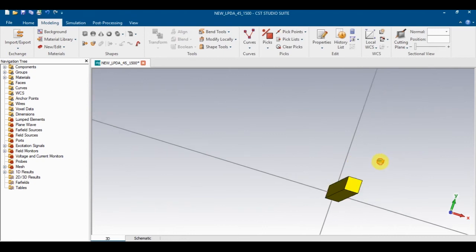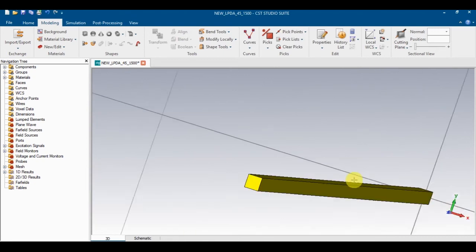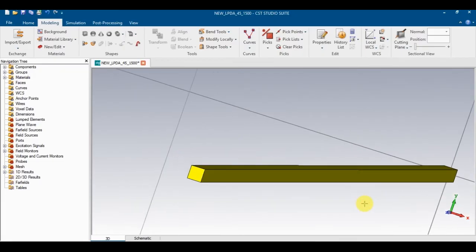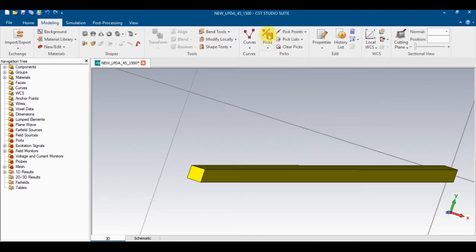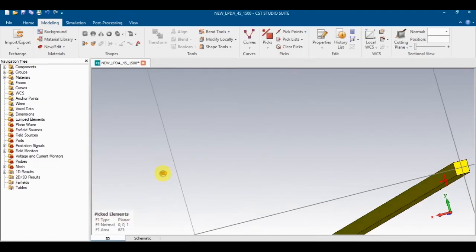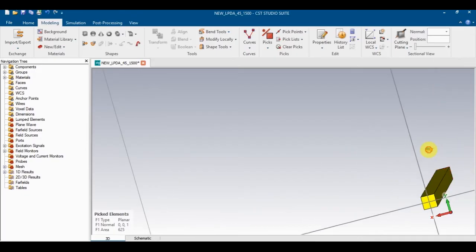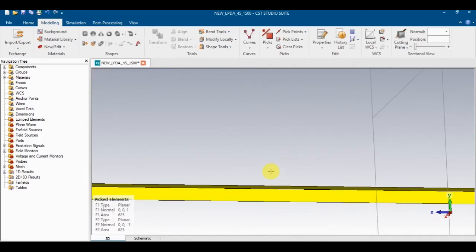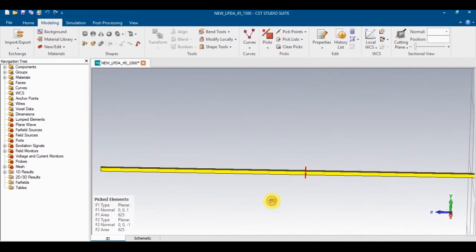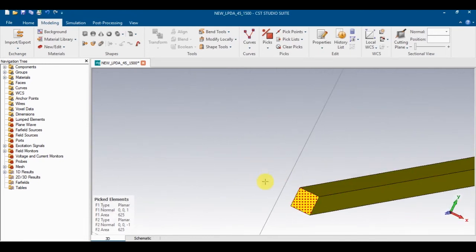But it is solid. Okay, so we have to make it hollow. So let's pick a point. We can use this, double click, then again change orientation, and we will select this peak also. So this peak. Okay, we have selected 2 points of the boom, and now in shape tool, okay, select this